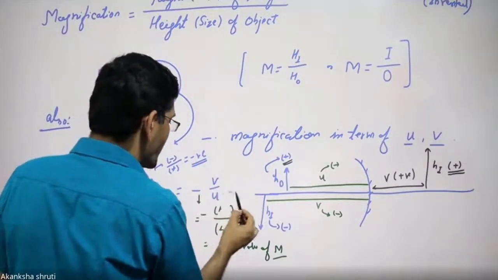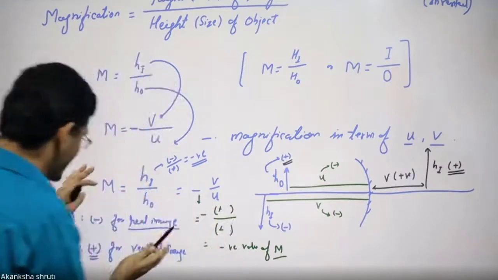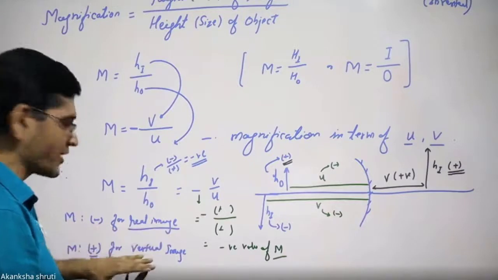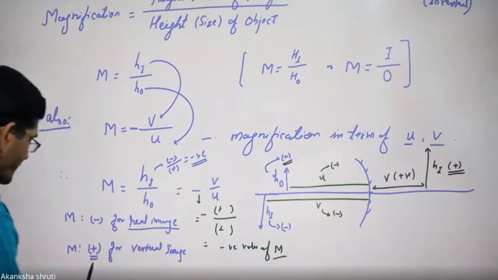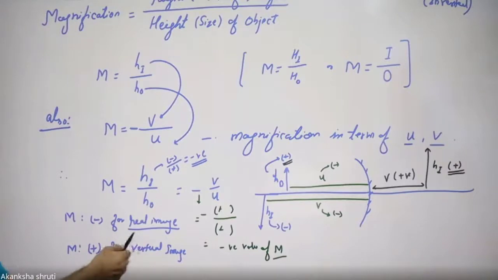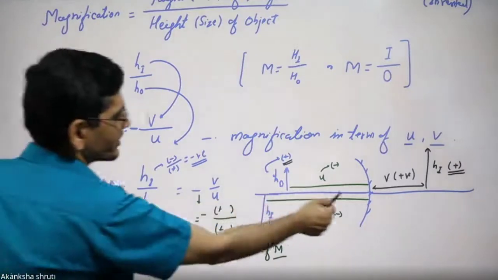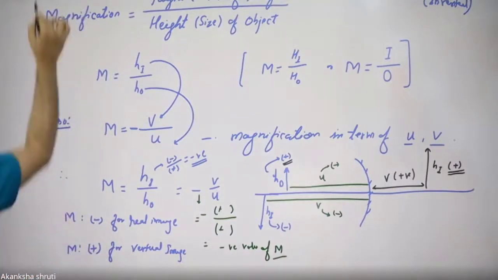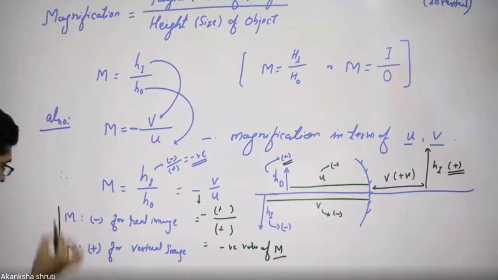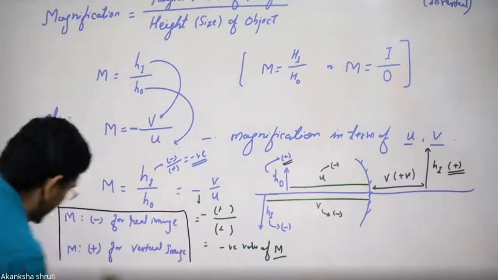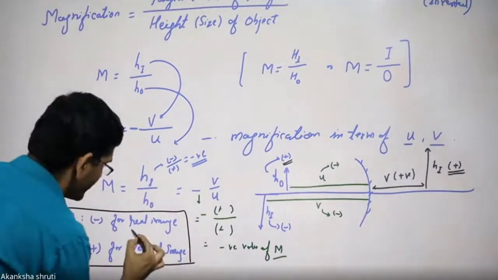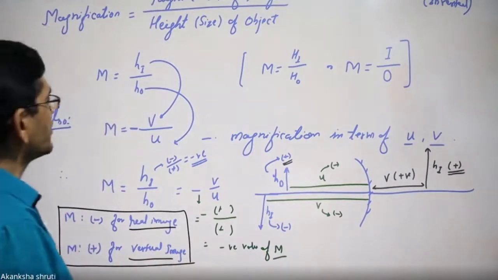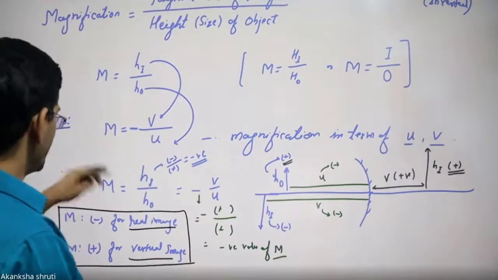So no need to mug up, students. The purpose was to explain how we are writing this as positive or negative. If you forget, then what will you do? No need to mug up. You just understand this formula and do a rough work. You can get it. So students, this is very important. By observing this sign of magnification, we can predict whether the image is real or virtual. Okay, students? Keep in mind, it is very important.